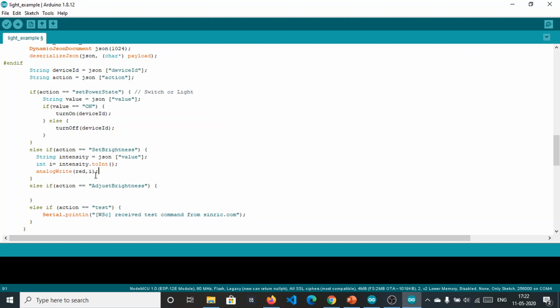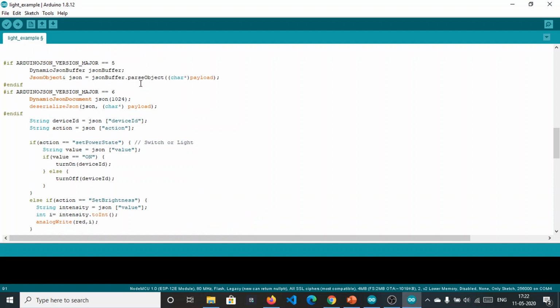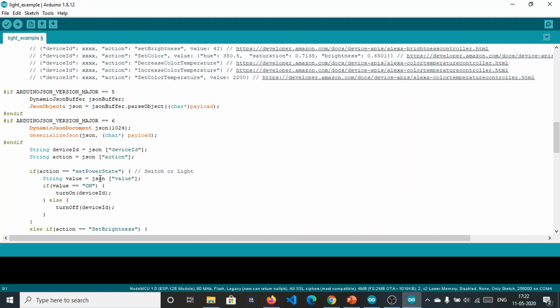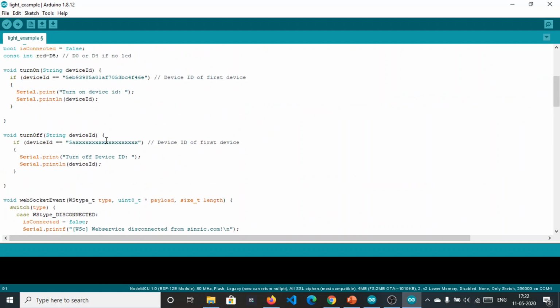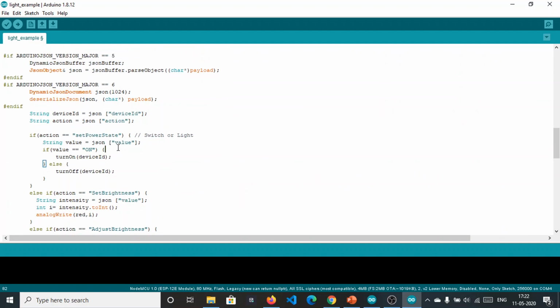We have defined everything right here, and now we need to define that the turn on function will be called if the value is on. Basically this on will be called when you say a phrase like turn on red.